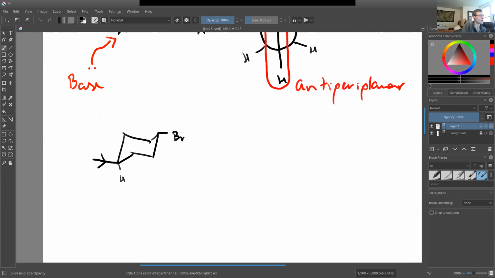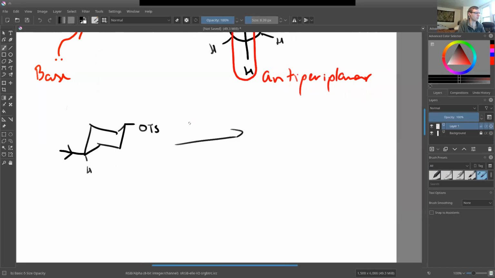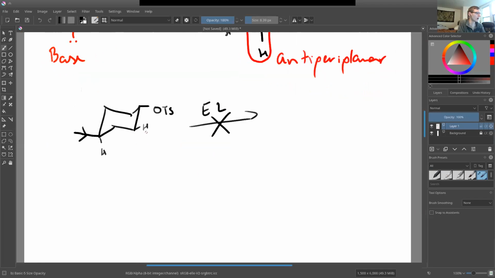And well, then we say, all right, well, there's going to be a bromine here. Or, you know, let's go for a more interesting leaving group, right? We could pick O-tosyl, right? We'll be a little bit more creative. If you wrote bromine down, whatever, you keep bromine, but, you know, spice things up a little bit. And what you'll notice here is that there's no way to pull off a hydrogen that is exactly opposite to this O-tosyl group, right? So in other words, this is not going to go through E2 because we can't get a hydrogen. The only hydrogens around are not at 180 degree angles to it,